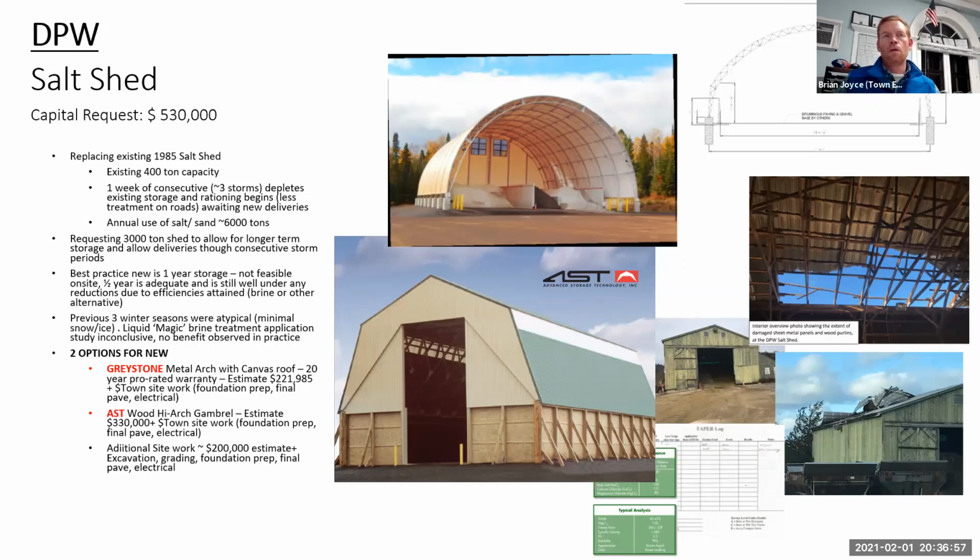We have a new NPDES permit. Now, there's a question I think I read from one of you on efficiencies, and we're not really going more towards sand. We're actually going away from sand. Sand is considered the pollutant, not the salt, in the watershed going into the ocean, because it doesn't dissolve and it leads to turbidity and clogged drains, and it ends up washing out. So sand is frowned upon as far as the EPA and NPDES, unless you're around a water supply. On King Street, we have a low salt area, and also down by our water well. But other than that,